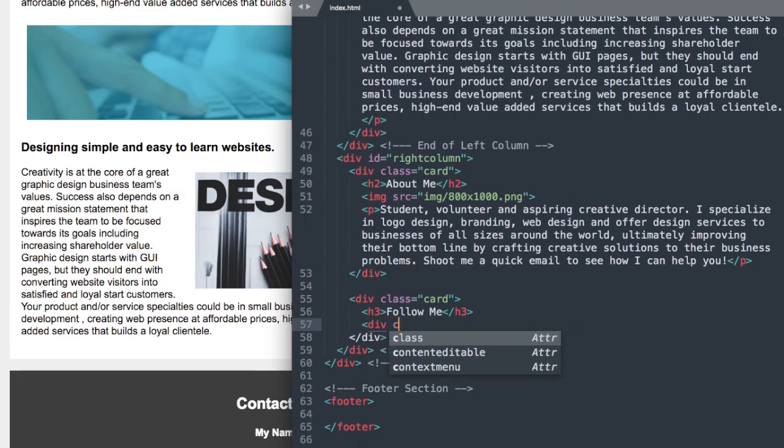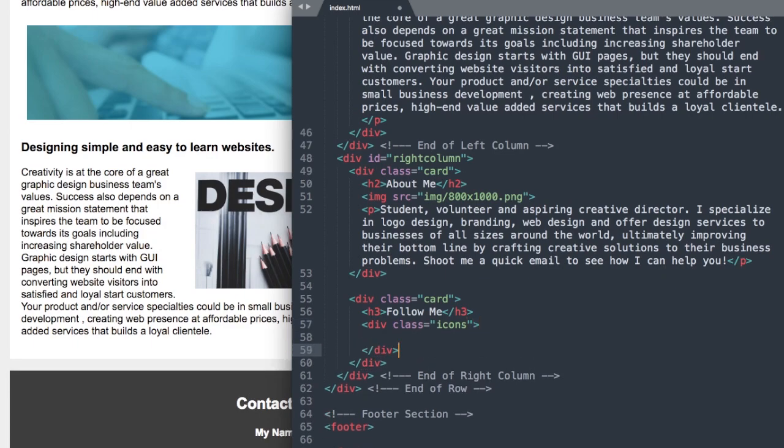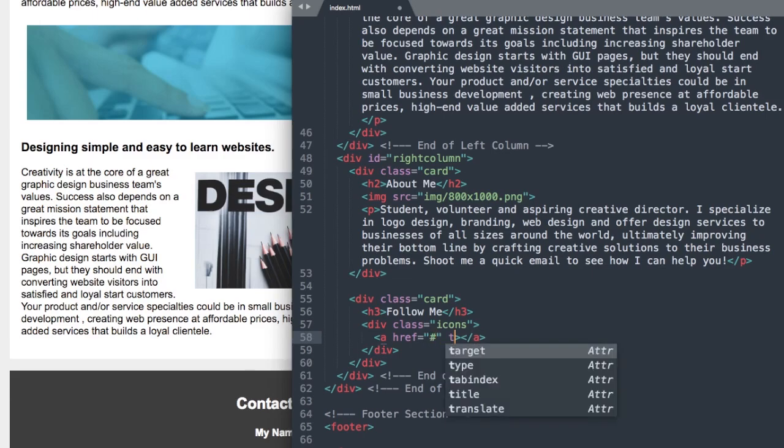So we'll create a new divider for that. So div class icons, close out the div, and inside of it we'll have a link for each icon. We'll use the href tag similar to our navigation links for our icons, and then you can put a link to facebook.com or instagram.com, wherever you want to go here. I'm just going to leave it blank for now. And then we'll use